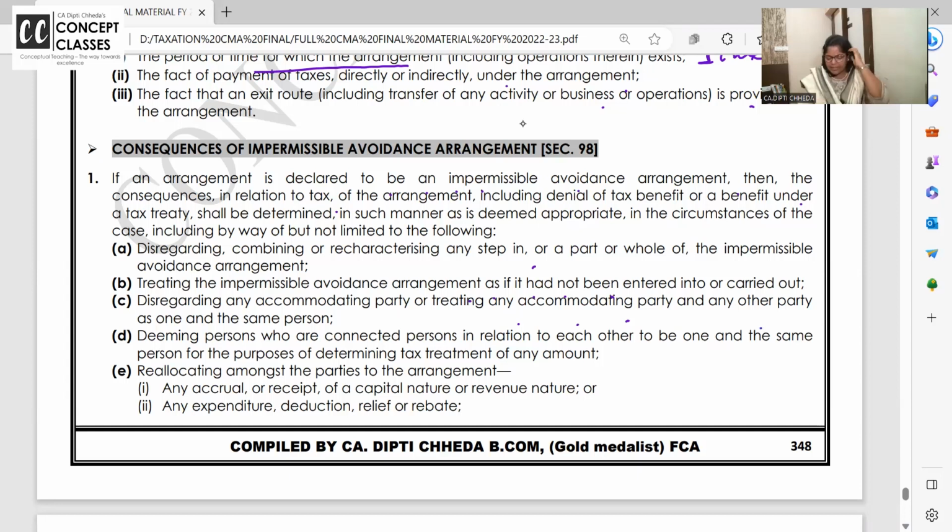Deeming persons who are connected persons in relation to each other to be one and the same. Cross transfers, I said no. Mr. X has transferred to his friend's wife, but it will be assumed that they are all connected, and directly whatever income is received by Mrs. X from D will be taxable in the hands of Mr. X only. So deeming persons who are connected as the same person for the purpose of determining tax,